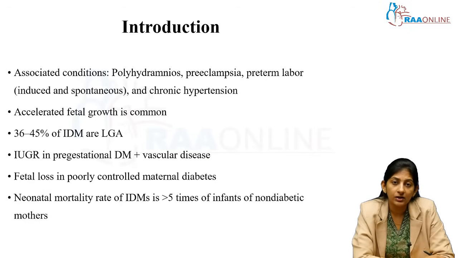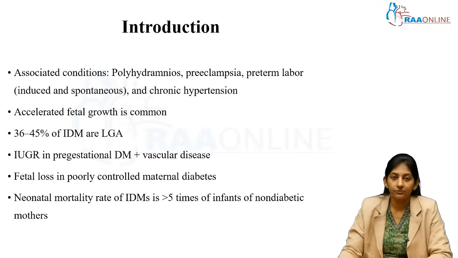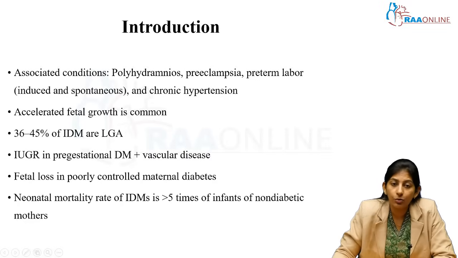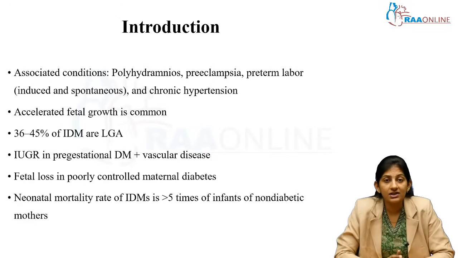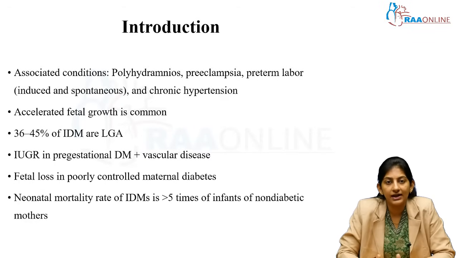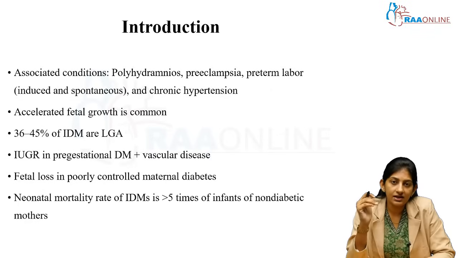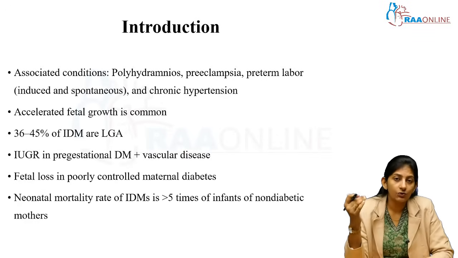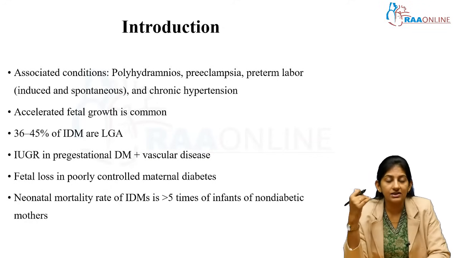Mother can have associated risk factors also. It is not confined only to the diabetes, but mothers can have preeclampsia, can have polyhydramnios or risk of preterm labor also. I mean, what actually kickstarts complications is that when there is a hyperglycemic condition in the mother, it causes a hyperinsulinism-like state. So, when the insulin increases in the serum of the fetus, it is an anabolic hormone. So, it increases the tissues, it increases organ weight and it increases the metabolism.